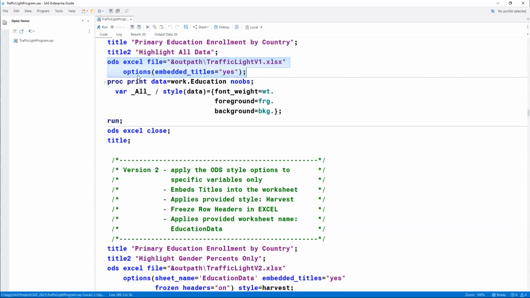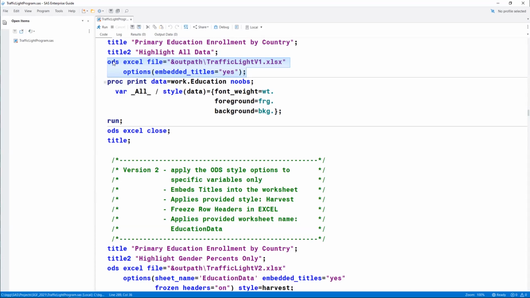I have an option on here, and this is an option that applies to an ODS Excel destination statement that says take those titles you had and embed them into the worksheet that you're creating. And so I said embedded titles equal yes. This one semicolon ends that one statement.